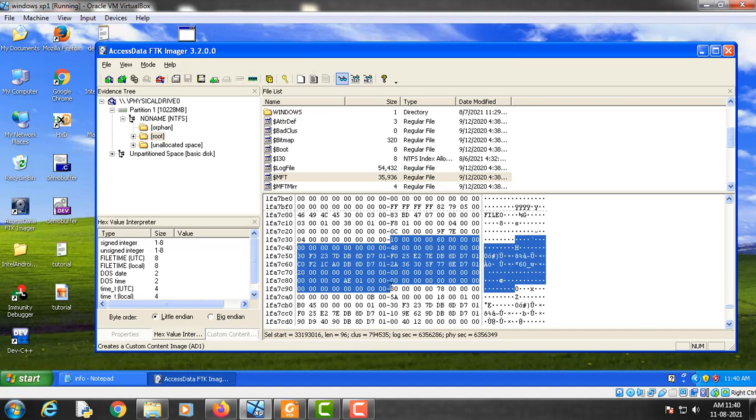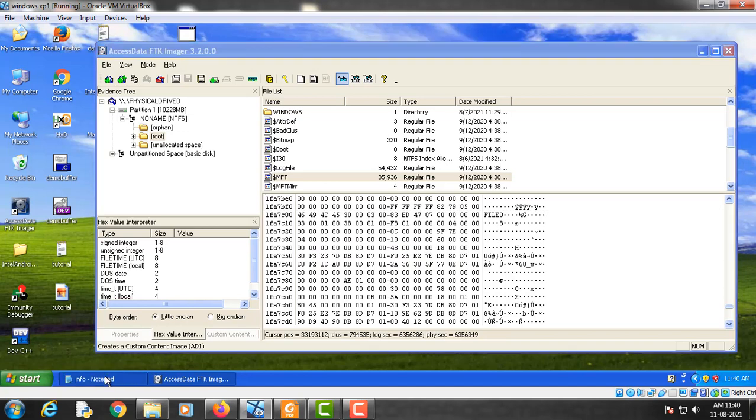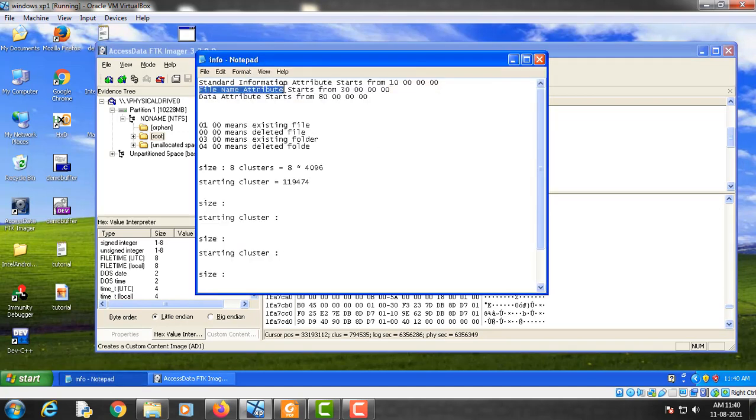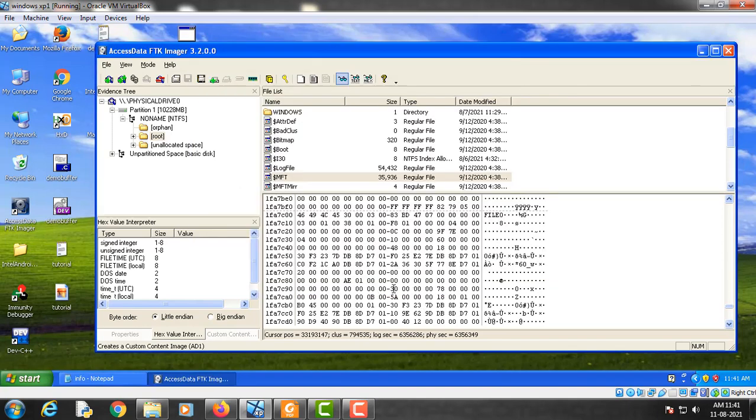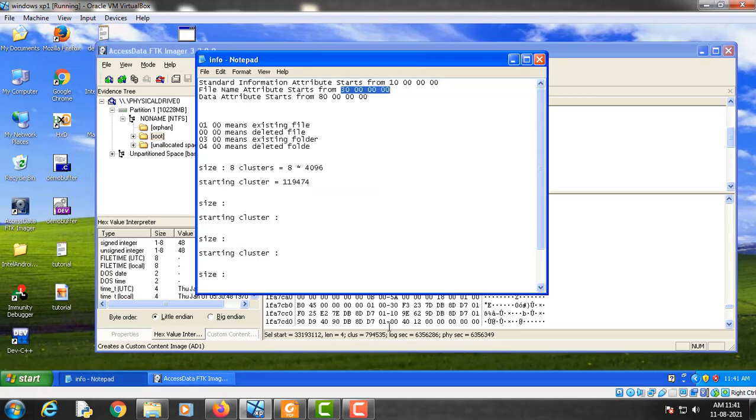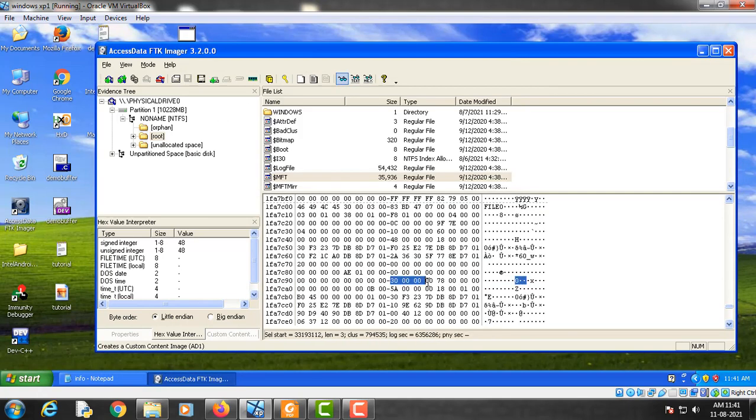And if we see again, then the file name attribute starts from byte 30. And if we look here in the master file table, then this is the starting of the file name attribute, and this is the length of this file name attribute.